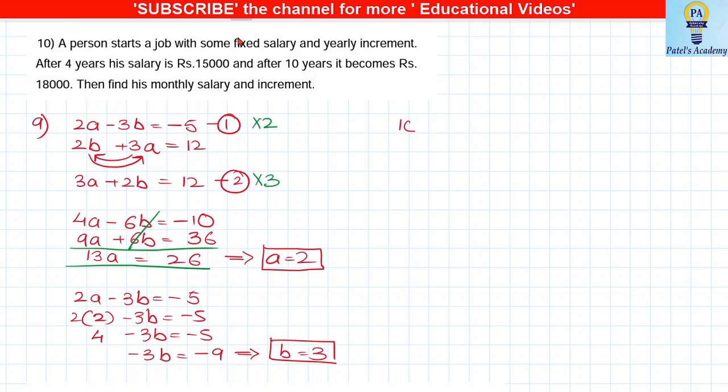Okay, let's have the 10th sum. Now the 10th sum is important. A person starts a job having a fixed salary and yearly increment. So I will take the fixed salary as x and yearly increment as y. Fixed salary equals rupees x and yearly increment